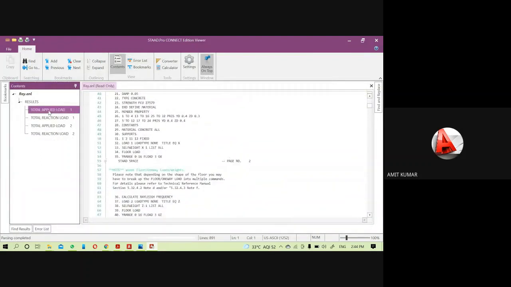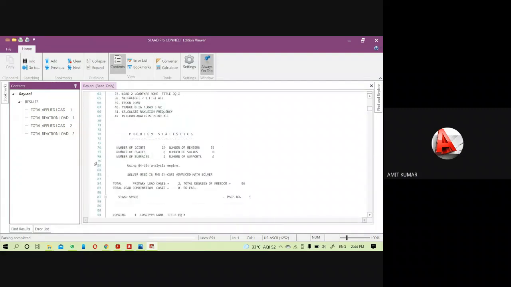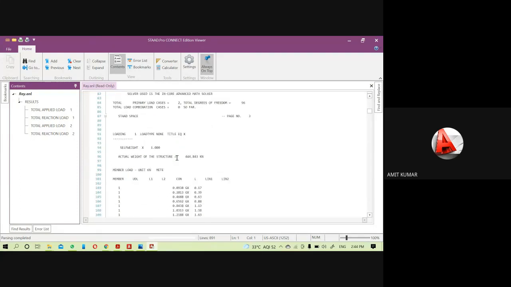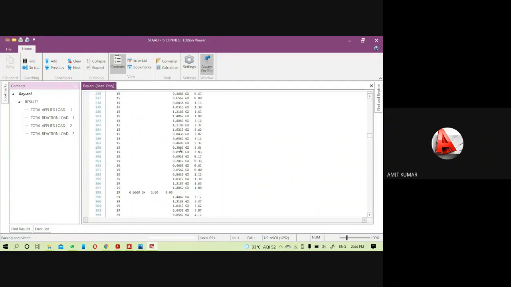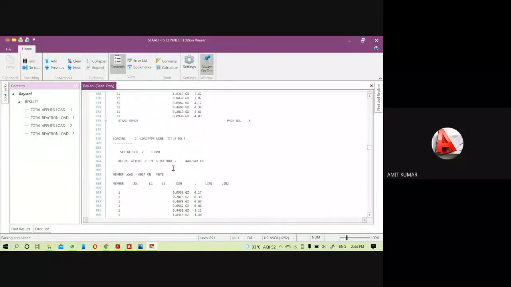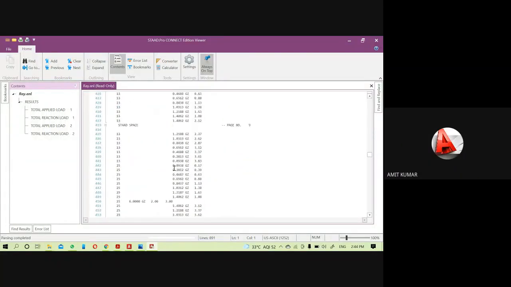So in the result, you will see the total applied load and each thing. Here we have to find out the natural frequency of the building. So I will search for the natural frequency. So you can see it through the Rayleigh frequency method output. So you have to read it very carefully, or you can directly search it also.